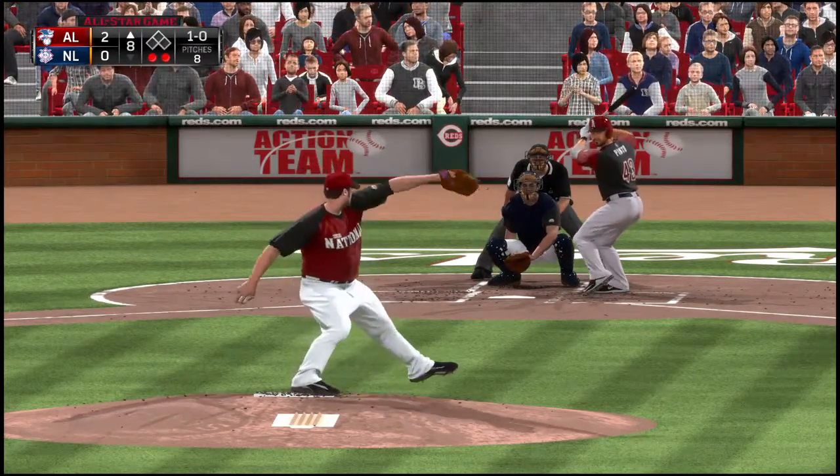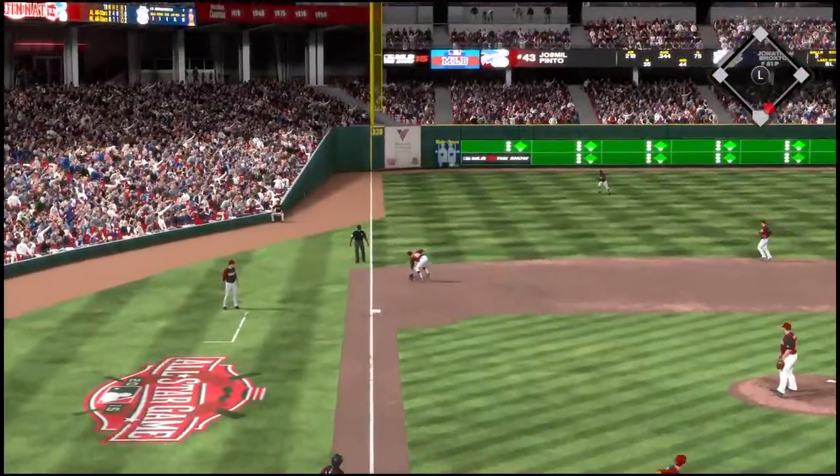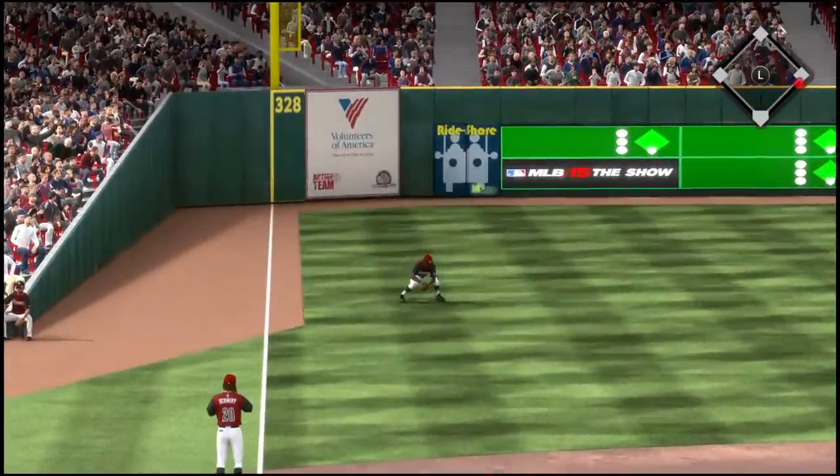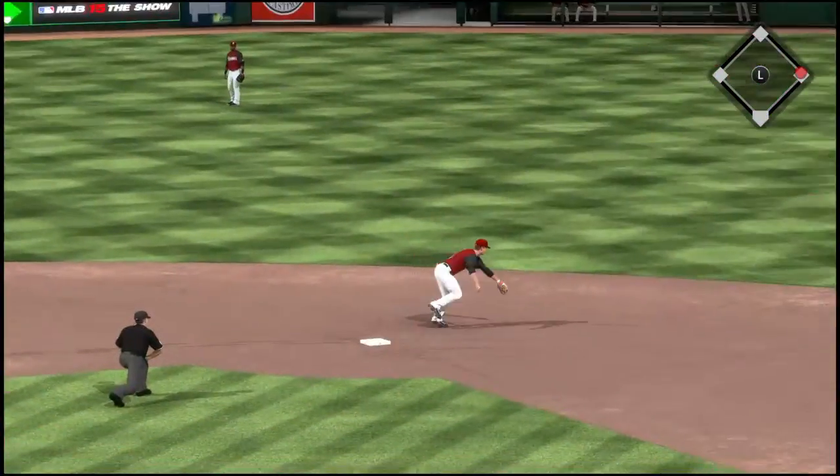The 1-0. And quick wrists here as this is yanked down the third base line. And that's a fair ball as this one gets by him at third.